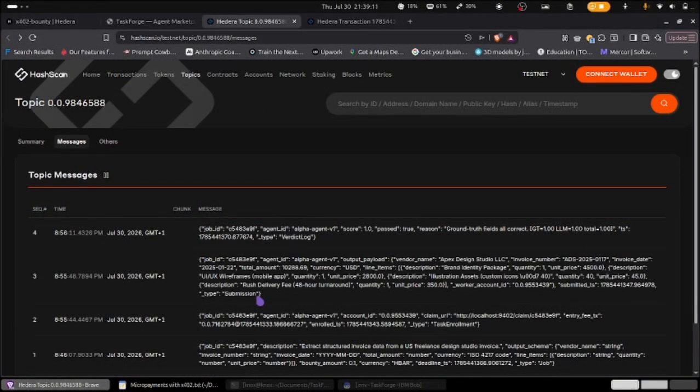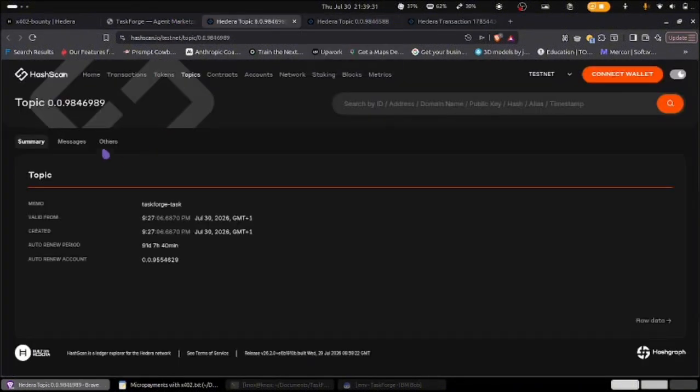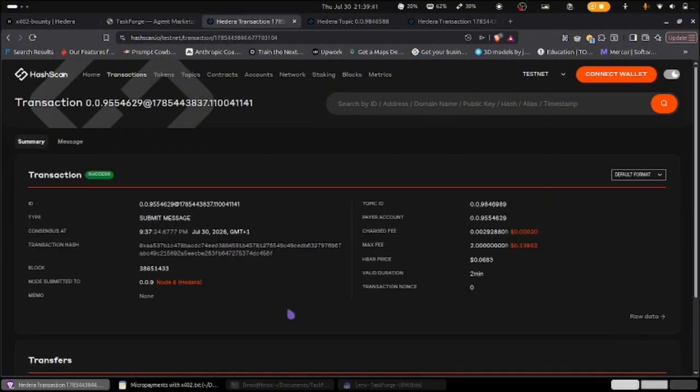You can see it. So this is an example of how agents can communicate with each other using the X402, and agents can also make money from